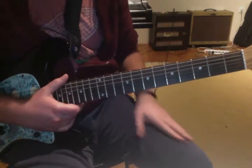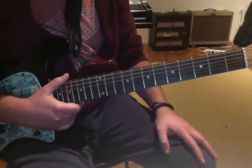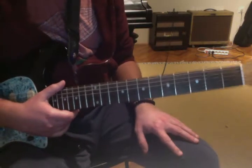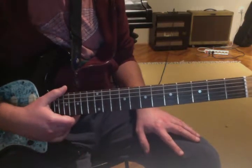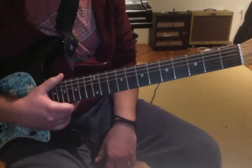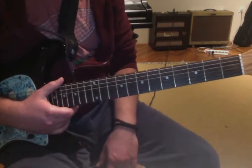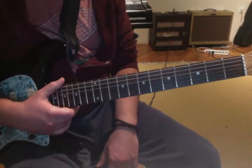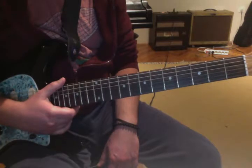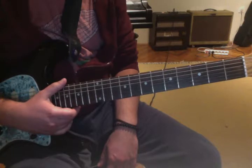Yeah, combining these and trying to save space and time, I guess, because economy of movement on guitar is everything. It took me a lot of time to realize that, because before it was all about flash, and now it's all about, if I could do it with one finger, I will do it as long as it gets the point across. Laziness is a good thing, and it takes a bit of thinking if you want to be sparing yourself